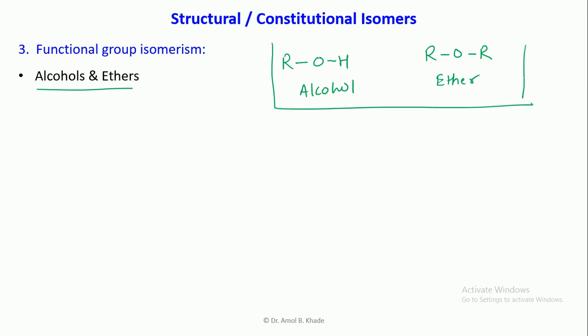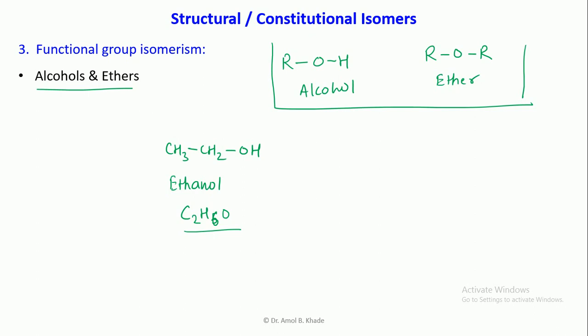Now for example, if I write the structure of, let's say, CH3-CH2 and then OH. What is this? This is ethanol. Very popular compound in organic chemistry. Now this ethanol contains how many carbons? 2 carbons, hydrogens, 5 hydrogens, sorry, 6 hydrogens, 1 hydrogen of this OH, and then oxygen. So it is C2H6O.